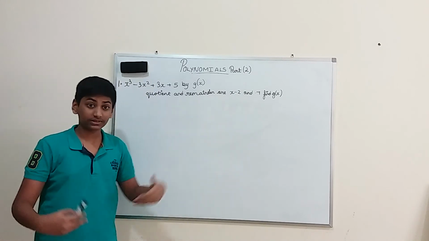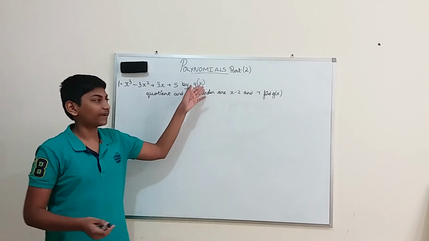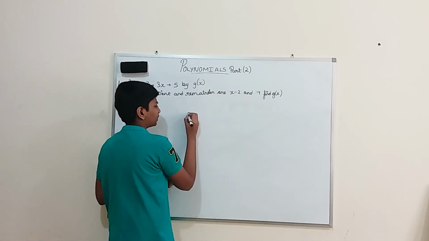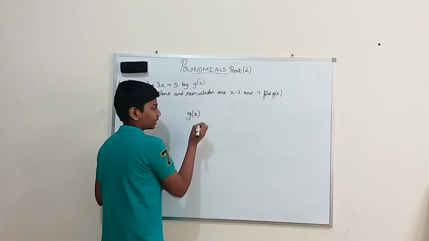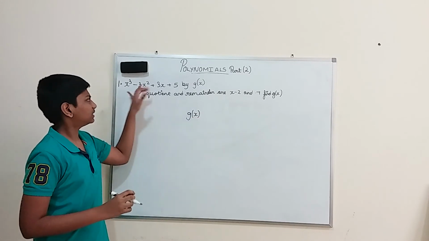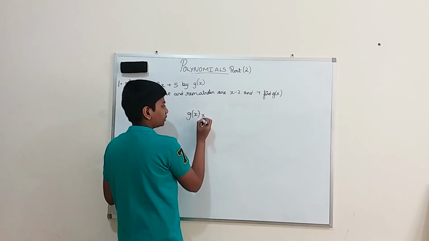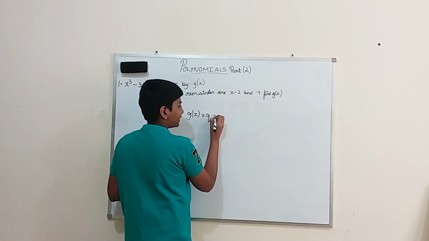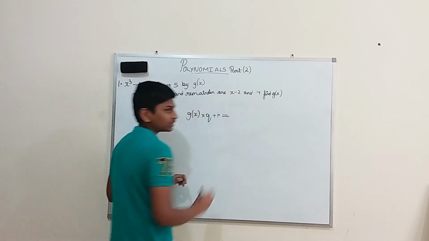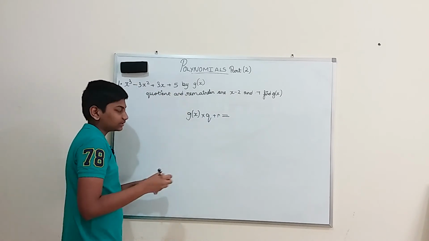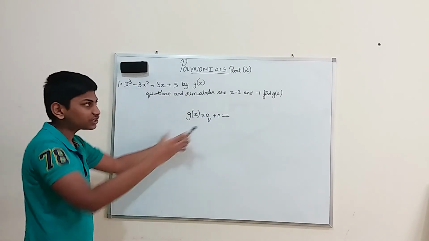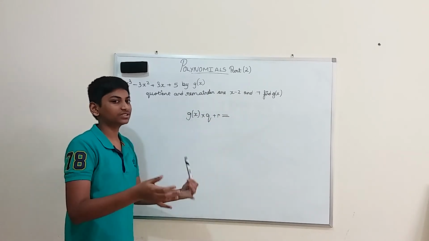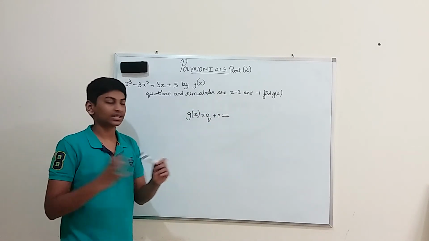Last question what we did, we need to find the quotient and the remainder. But here they gave us the quotient and the remainder, but we need to find the g of x. So how to find the g of x? What we need to do is this: g of x into the quotient plus the remainder gives you the divisor. Yeah, right? That is the truth, right? So we should just execute and we should change the value from here to there. Then we should solve it. Then we'll get the g of x. So let's do it.